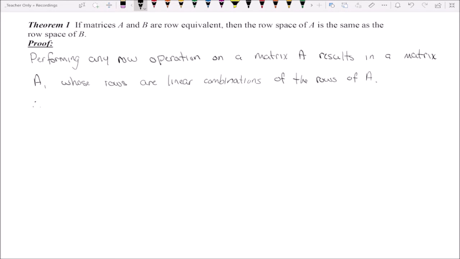Therefore, the row space of A1 would be a subset of the row space of A. Now that's just for performing a single row operation, right? If we repeat this reasoning for each subsequent row operation,